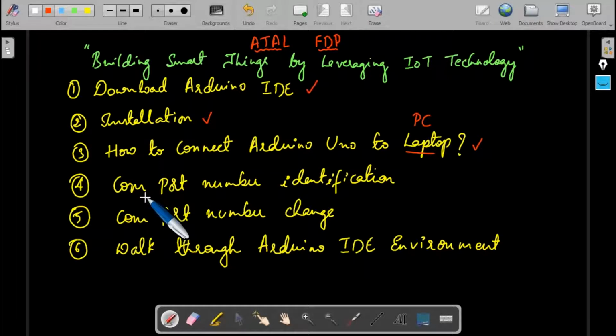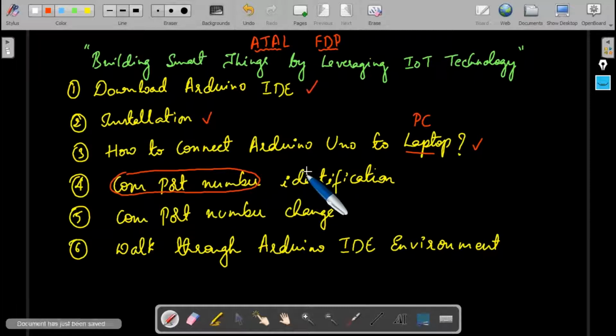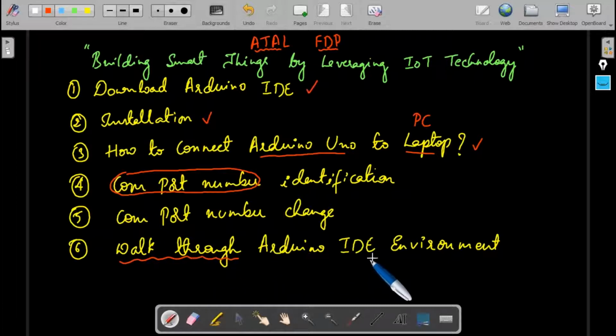Then we'll see how to identify the COM port number when Arduino Uno is connected to our PC or laptop, followed by, if there are any discrepancies in that COM port, how to change the COM port number, followed by a walkthrough of the Arduino IDE environment. So this will be the content of my session.